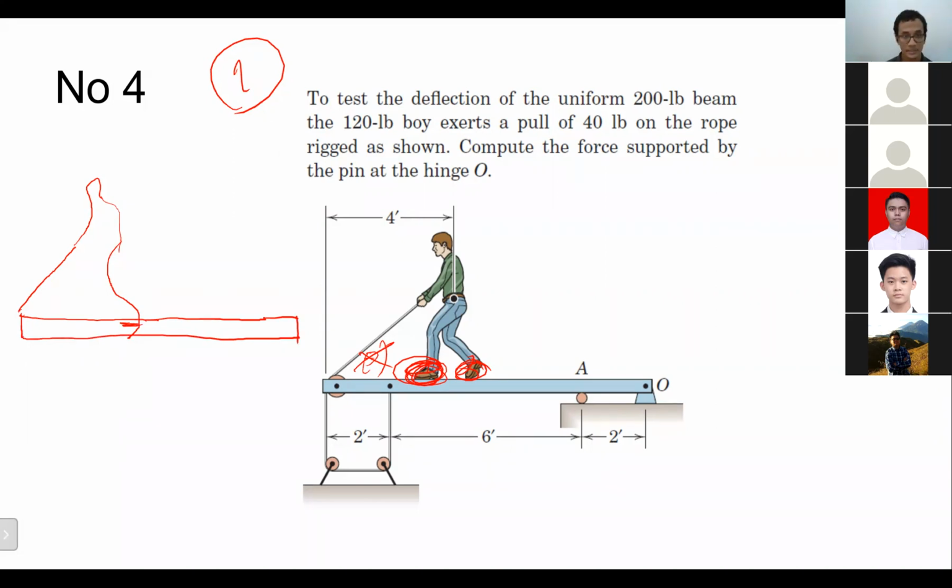So basically, the system that I will try to take a look at is this. Outside of that, it becomes external force. The inside of this will become internal force. The outside of that will become external force. Plus, you have to consider all the weight as well. So now,